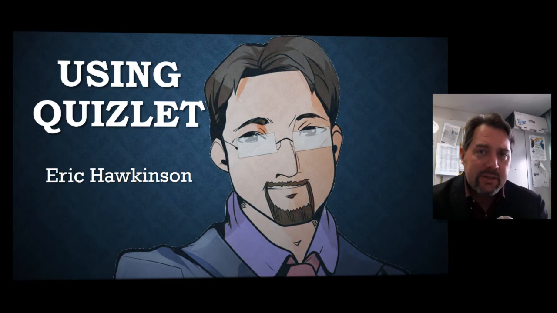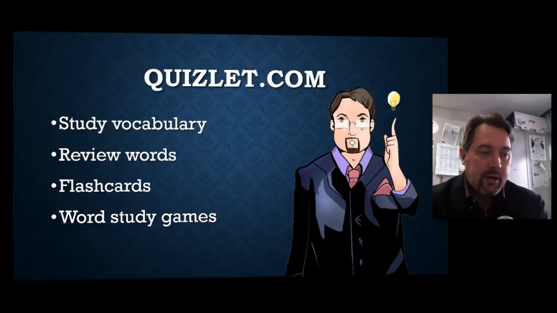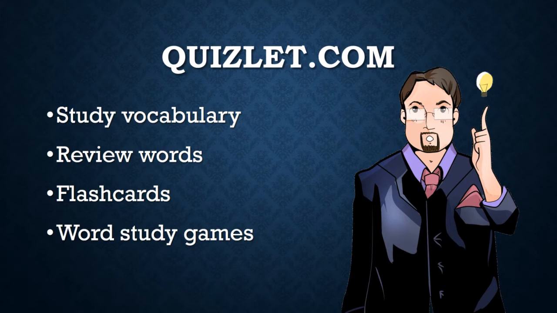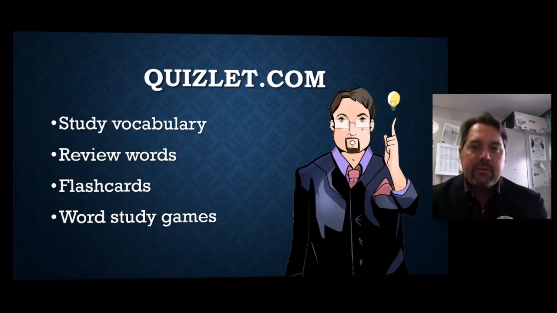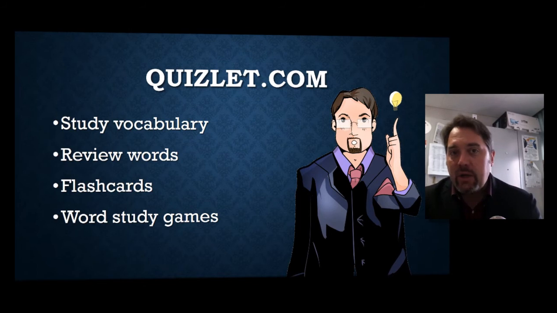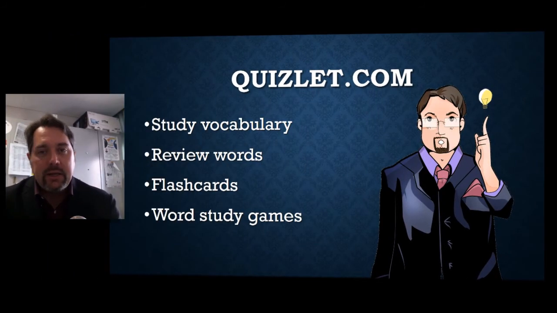So Quizlet is a very simple tool. It helps you study vocabulary. You can review words. The most useful thing about Quizlet is its flashcards. If you've ever used flashcards, you hold up a piece of paper and look at both sides. It has the same thing, but it's on your smartphone or on your PC. And there are a couple of different word study games you can play and quizzes you can take to help you